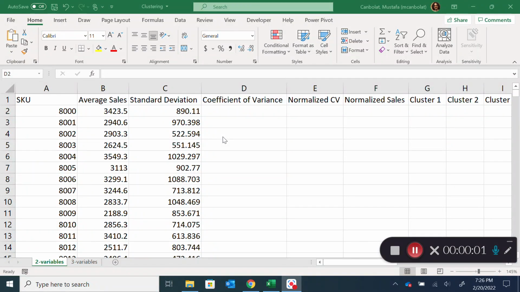Hi everyone, welcome. In this video, we are going to use Excel to do clustering, which is a descriptive data mining technique, and it's an unsupervised method. It is more of an exploration of your data set and finding similar observations in your data set and group